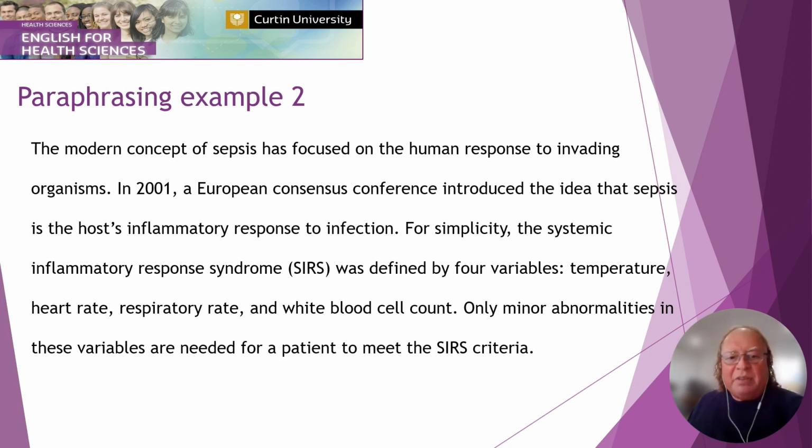Modern concepts of sepsis was focused on the human response to invading organisms. 2001, a European Consensus Conference introduced the idea that sepsis is not a host inflammatory response to infection. For simplicity, the systemic inflammatory response syndrome, SIRS, was defined by 4 variables: temperature, heart rate, respiratory rate, and white blood cell count. Only minor abnormalities in these variables are needed for a patient to meet the SIRS criteria. Okay,